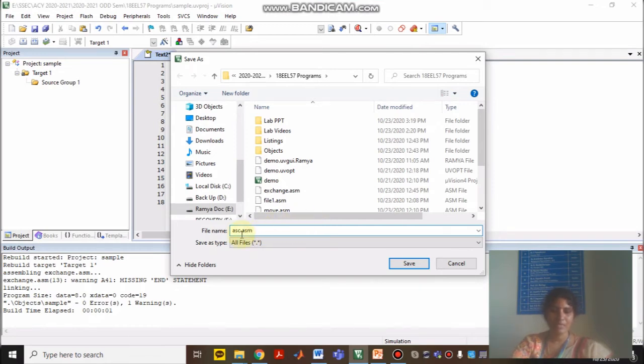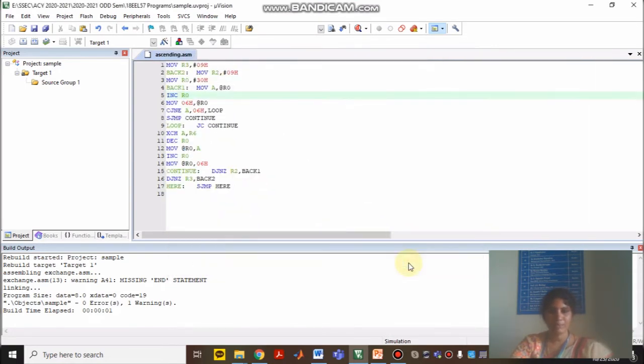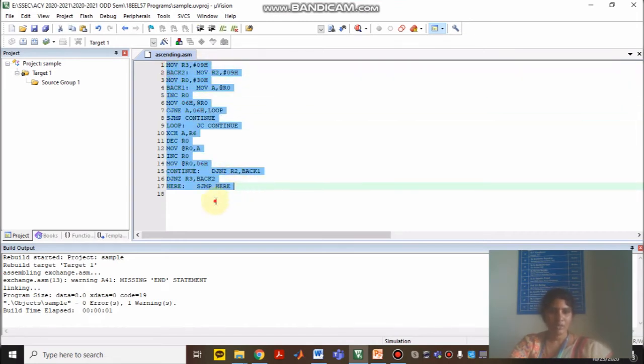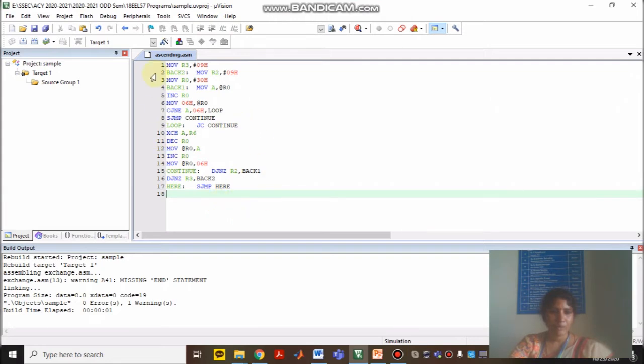After saving the program, you could see the changes in the instruction colors. Then you have to add this particular file to the source group, only then can you build your target and make the program execute.